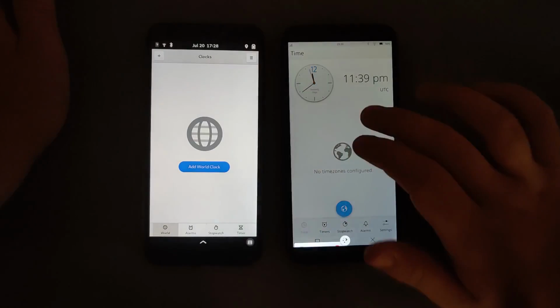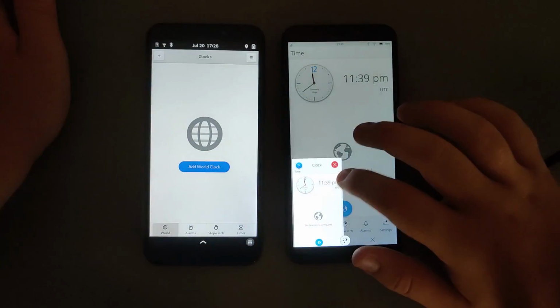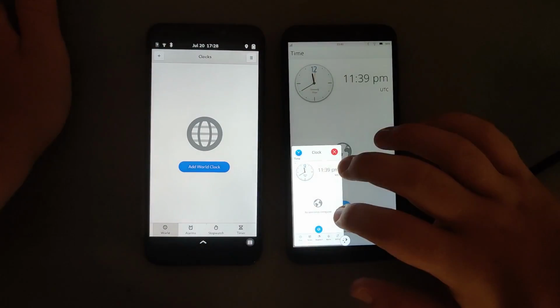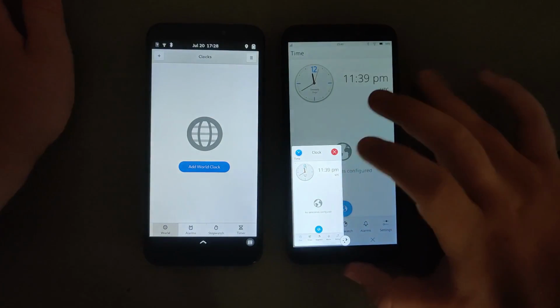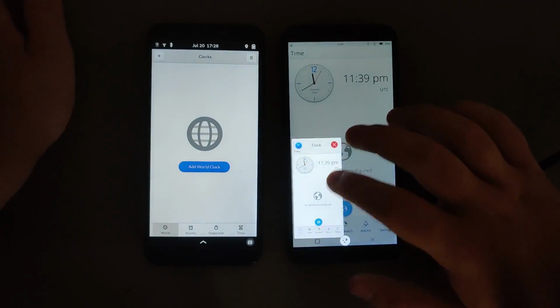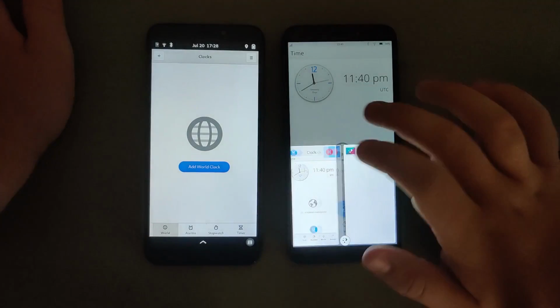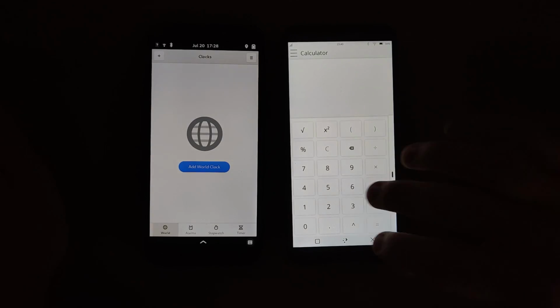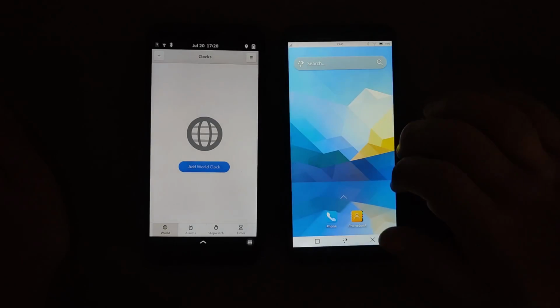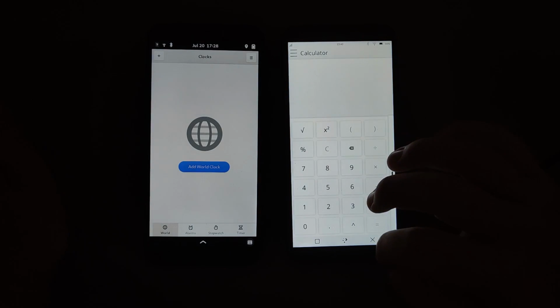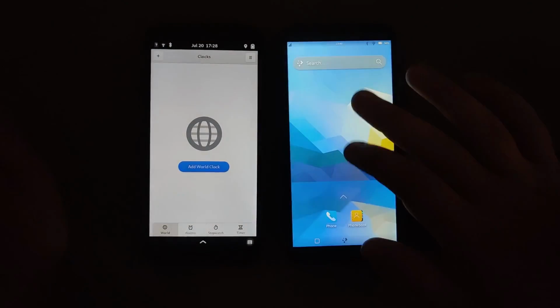You have a little square, which is your multitasking right here, and instead of being in cards, like iOS and modern versions of Android, it's more of a grid of 4, and instead of swiping up, you just tap the X button. If you want to go home, there's the little Plasma home button in the middle, and there's also an X button which completely closes it,